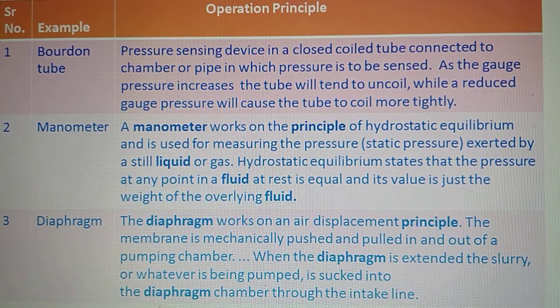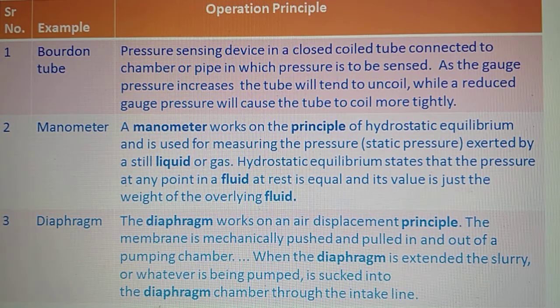Last time we studied the temperature based sensors, the operation principles of those sensors, and various definitions and examples of those sensors. Now, today, let's go for the pressure based sensors, that is, classification of sensors based on the pressure physical quantity.